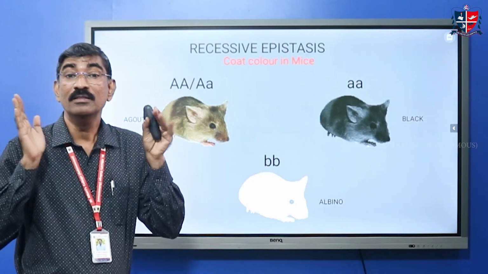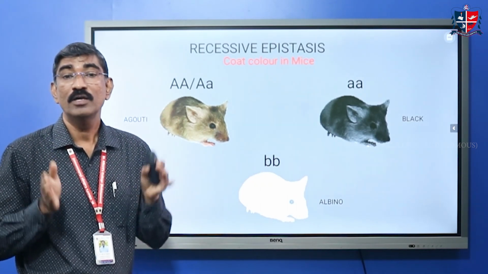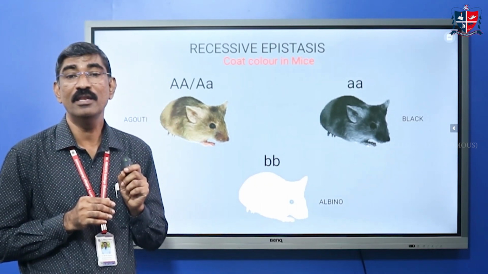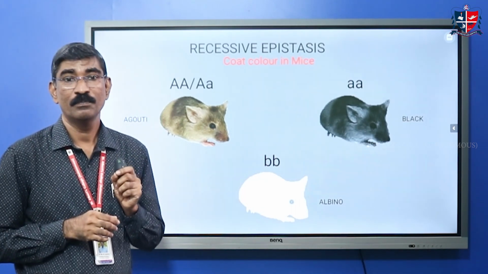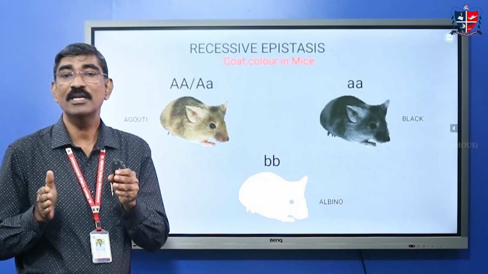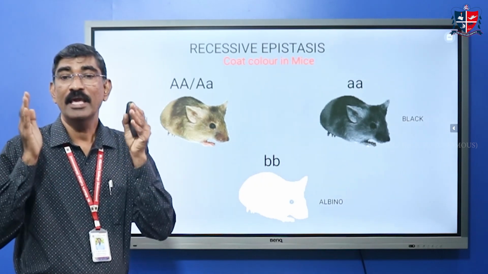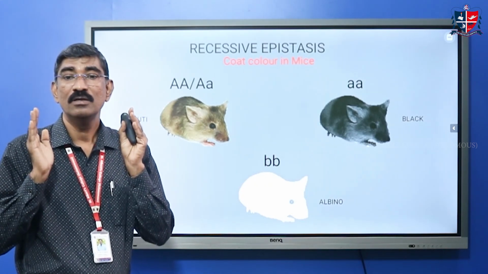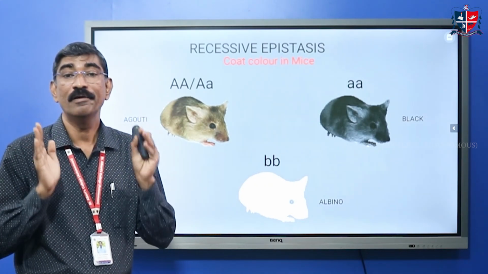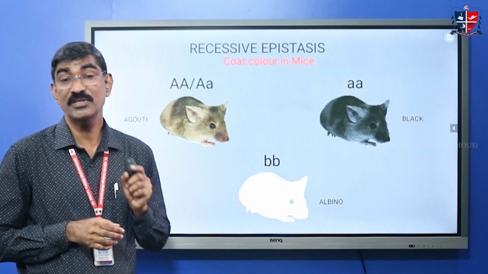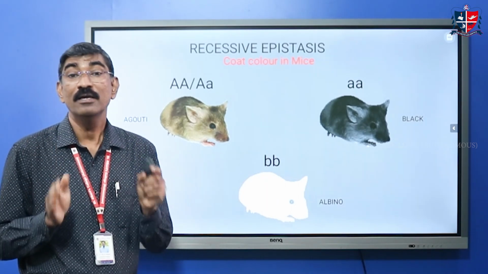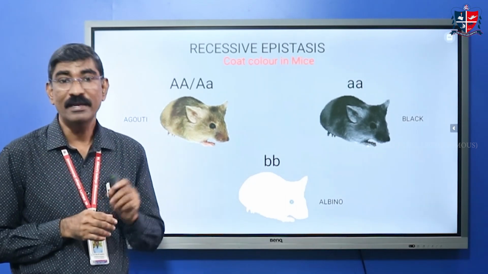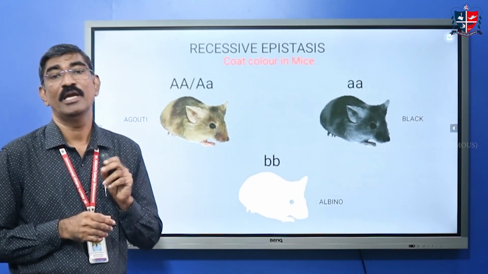So here the condition of the hypostatic gene is not at all considered. Here we are considering whether the epistatic gene is in recessive condition. If it is in recessive condition, A will not be expressed and there won't be any coloration, and that phenotype is known as